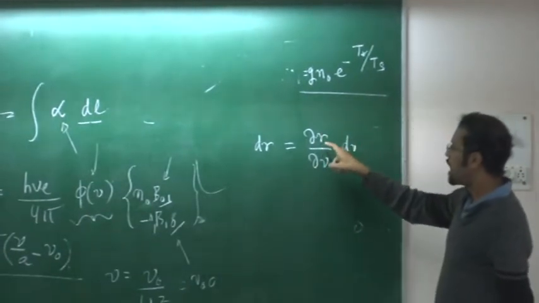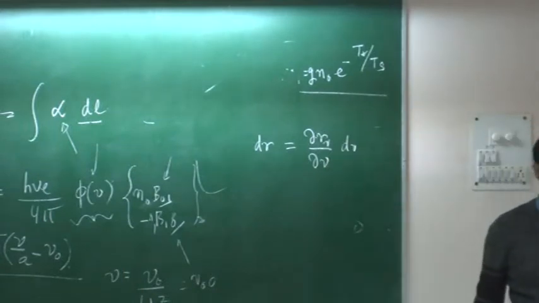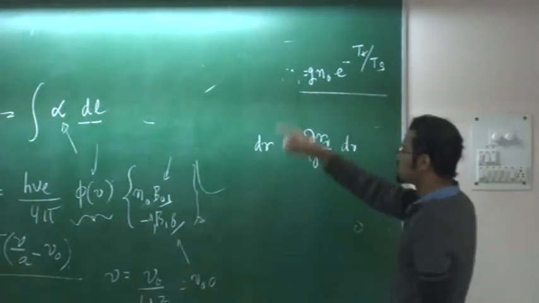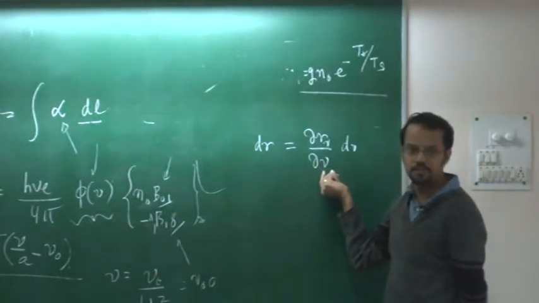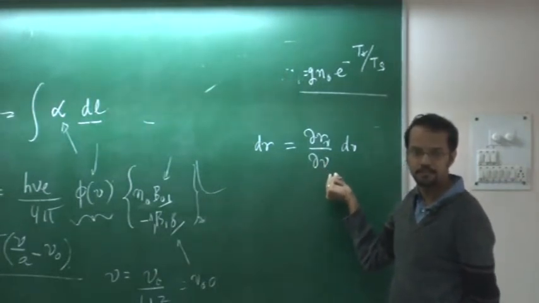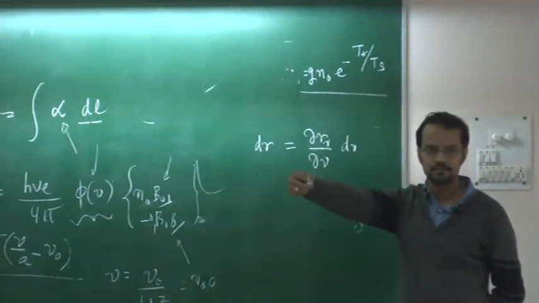So you have to express r as a function of nu. What does this mean? This radial distance to the cloud is a function of frequency. What do I mean by it? So when I say r of nu, it means